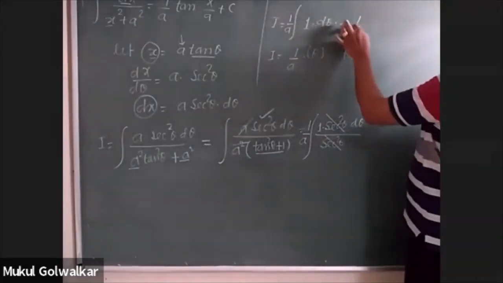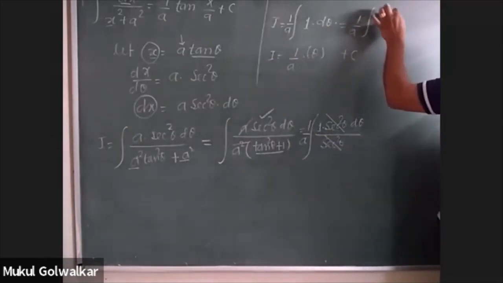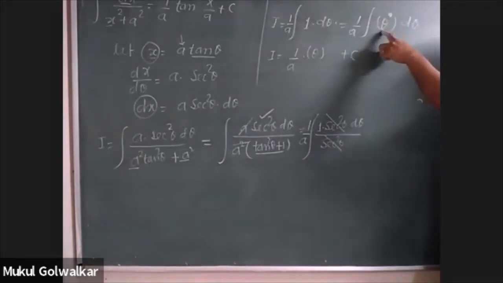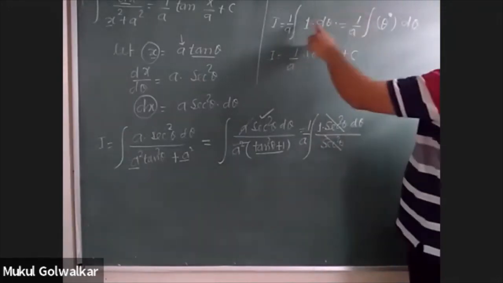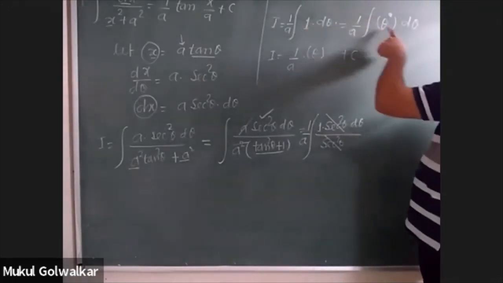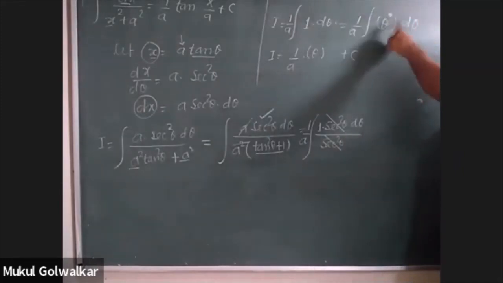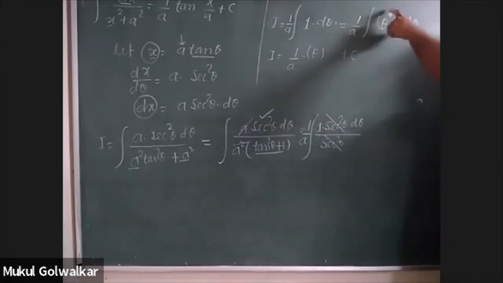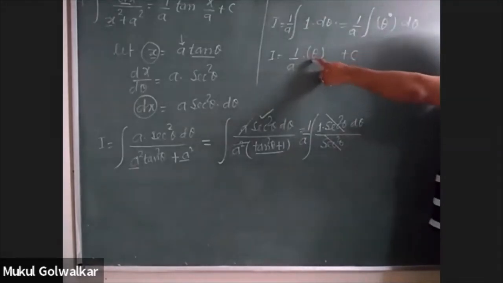One small line which I did not write, I am writing now for you. I can write 1 in the form of theta to the power 0. Some non-zero term to the power 0 has the value 1. So in place of writing 1, I can write theta to the power 0. Now the x to the power n formula for integration can be utilized: x to the power n plus 1 upon n plus 1. So here I can write theta to the power 0 plus 1 divided by 0 plus 1. That is, the answer is equal to theta.